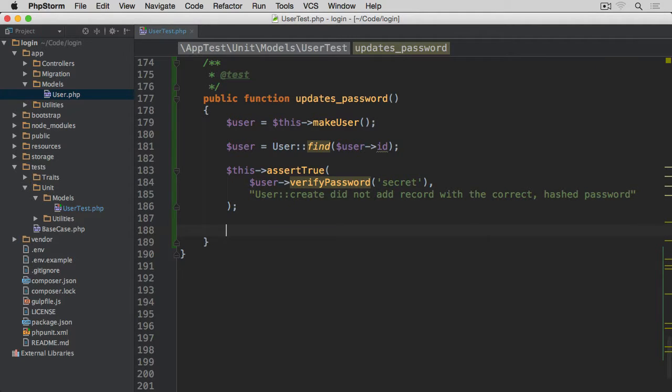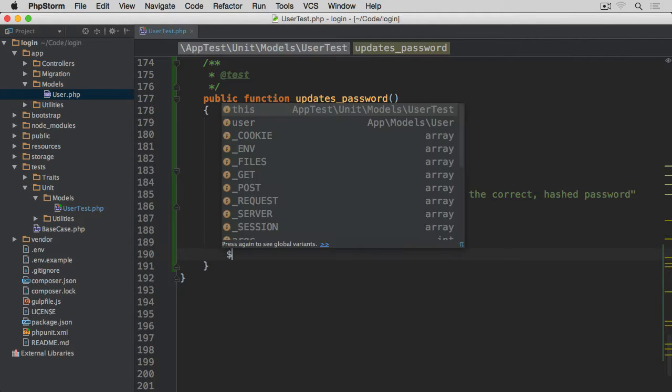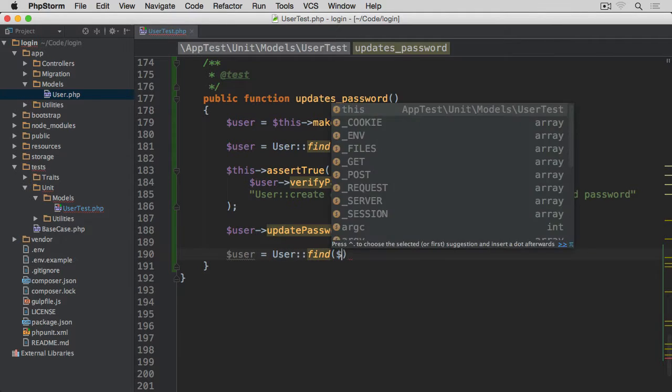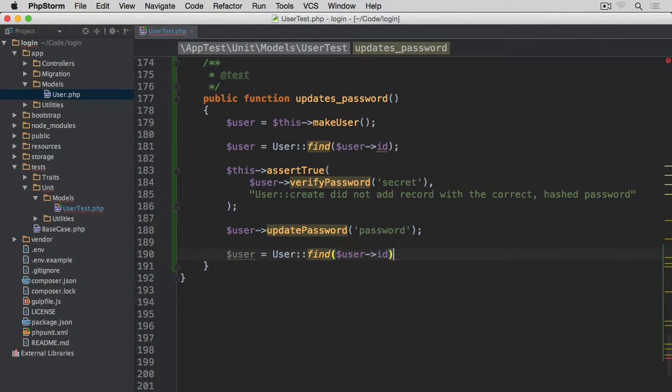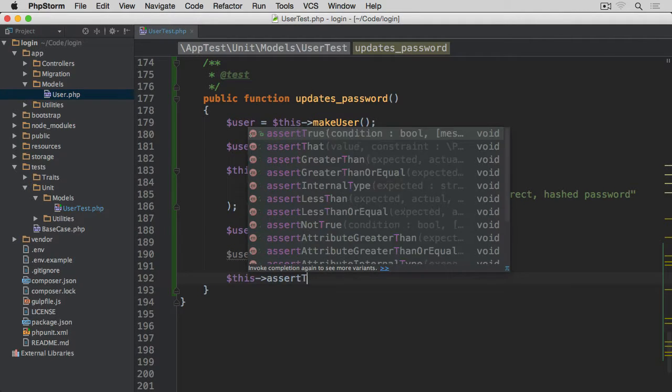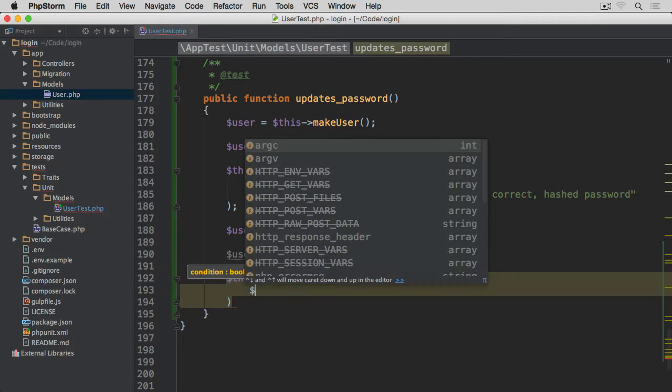Okay, then we're going to start user update password. We want to change it to say "password". You can use whatever you want. And again, we fetch the new instance, user find by user ID. And then we're going to go this assert true user